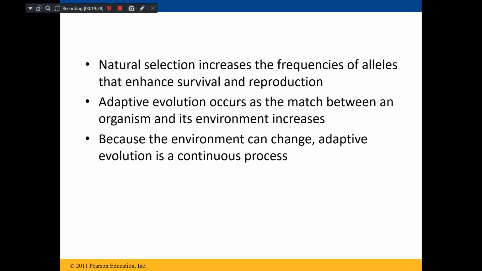instantly as the environment changes, because it becomes very difficult for the organism to survive. So somehow some noticeable changes it will develop, and that becomes the adaptive evolution. All of us know that the environment is changing continuously.